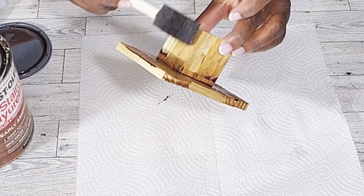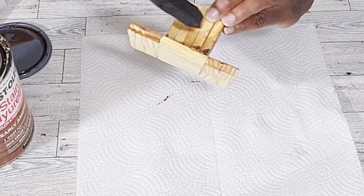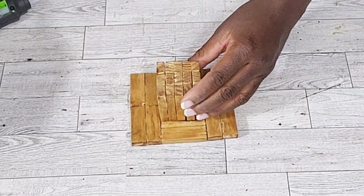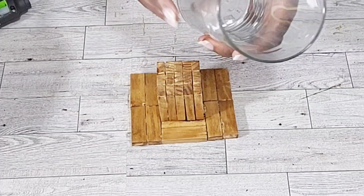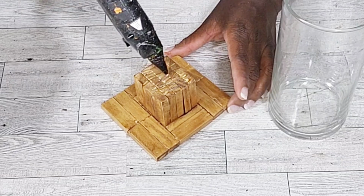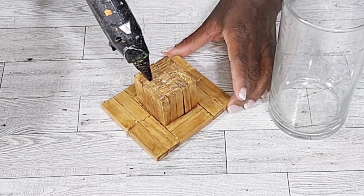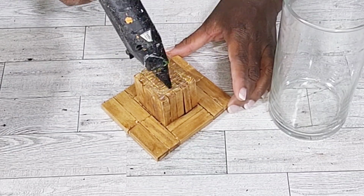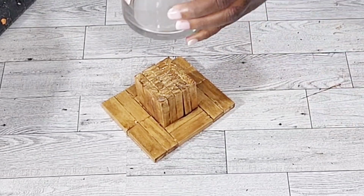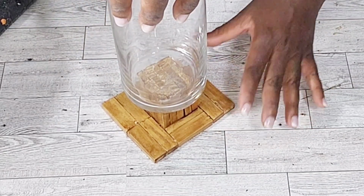And then once I get that complete, I am going to be using one of those tall vases from the Dollar Tree to attach to the top of this. Now I originally attached it by just using some hot glue, but I went back and used a stronger glue that I had on hand, which was some crazy glue from the Dollar Tree, because I want this piece to be nice and secured. So once I add the glue, I'm just going to add the base right on top. Like I mentioned, I went back and pulled it up and just added a little bit more